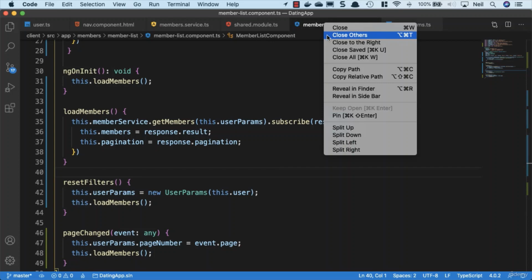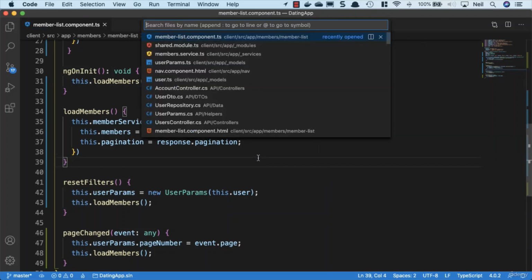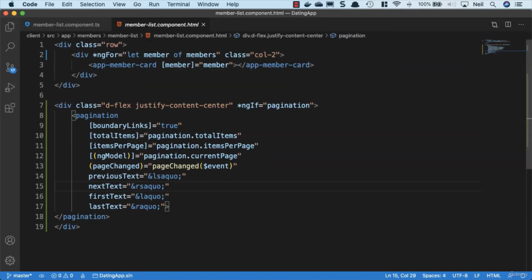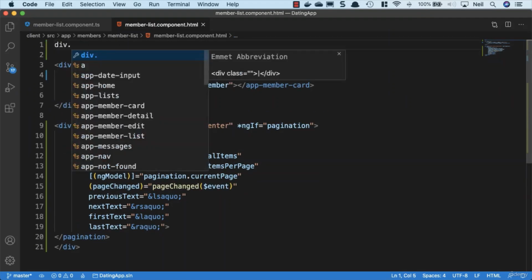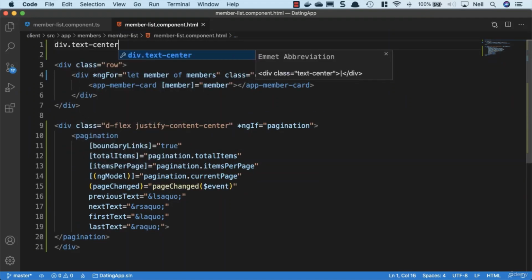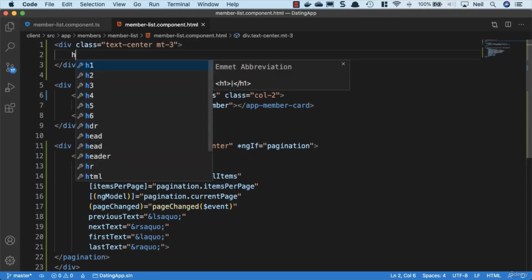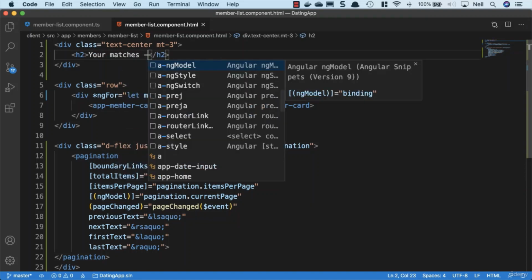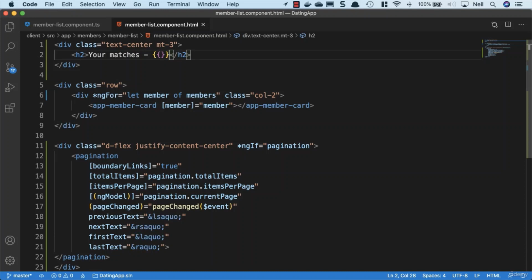So let's clean up the top here and close the others, and we'll go to the member list component HTML, and what we'll do inside here is we're going to add a header at the top, and we'll say div.text-center, and we'll give it some margin top of 3 just to bring it down a bit, and we'll add an h2 tag and say your matches, and then we'll get the pagination information, and we'll say pagination.total items,